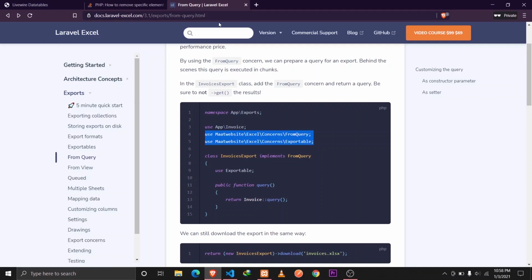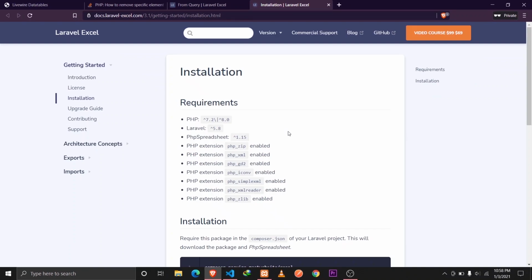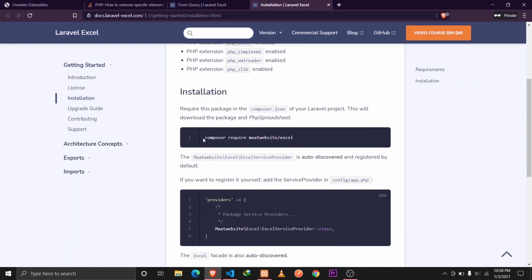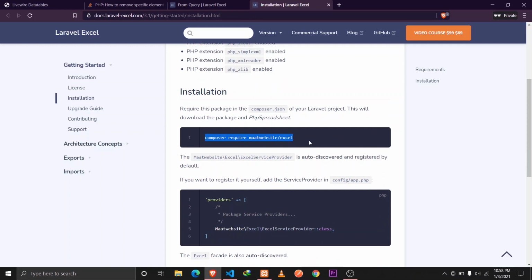So you can go to this link, docs.laravel.com, and from there you can check out the documentation. This is the documentation to install this package. Just type in composer require maatwebsite/excel, and this will install the latest version of the package. And now let's check how we can implement the export using Laravel and Livewire on the data tables that we